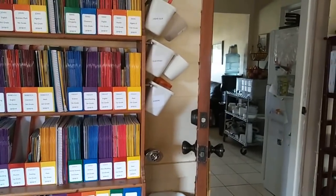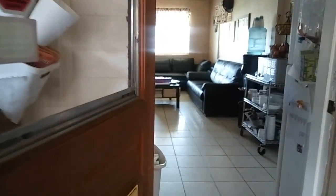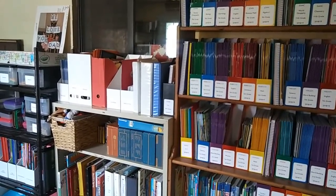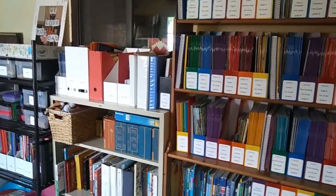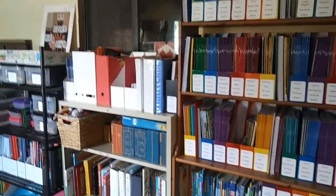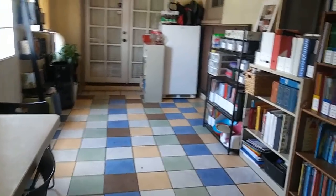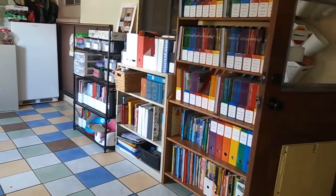And then we come back around to the door that leads back into the kitchen and living room area. And in fact, this window right here on the other side of these boxes goes to my kitchen sink. So even while I'm in the kitchen cooking or doing dishes, I can still look out and keep an eye on the kids doing schoolwork right here, making sure they're actually working and not just goofing off. So there you have it, just the full view of our schoolroom. One of the biggest rooms in our house because it is a priority to us that the kids have all the books they want to have and have enough space for all their